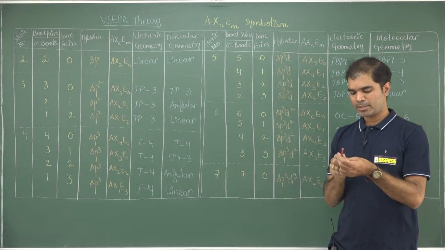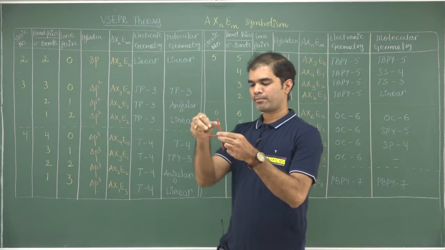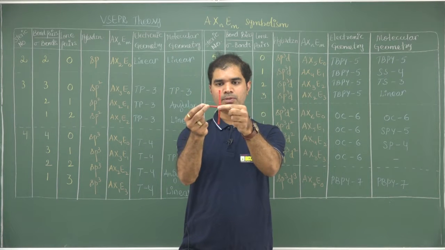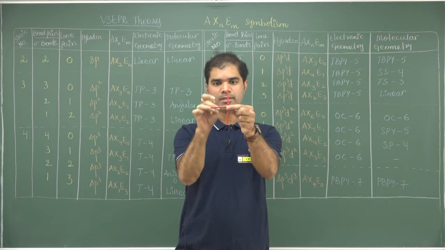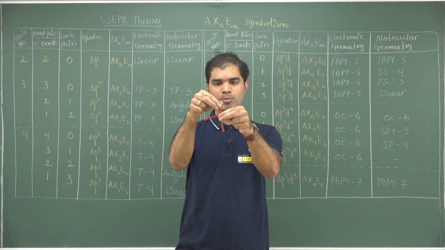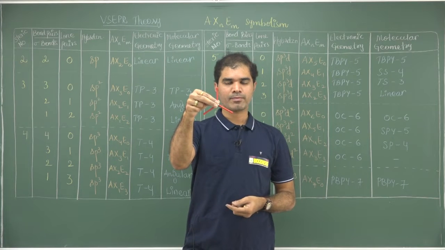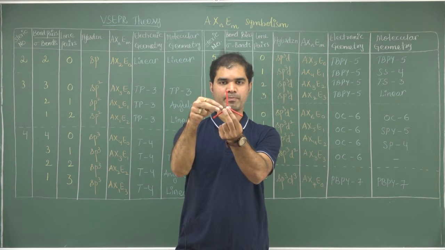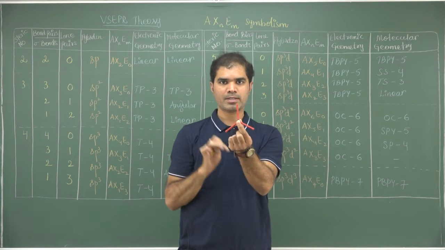When I come to steric number 3, now this is for steric number 2, linear. Let me add one more bond. When I add one more bond, as you can see, the bond angle is 90 degrees, whereas in this case it is 180 degrees. So the repulsive forces will be large and the molecule will arrange in such a way that the least repulsive forces will operate, and that will take up a planar structure. In every case, the bond angle is found to be 120 degrees. For this reason, we call it a trigonal planar geometry, and it is an equilateral triangle.